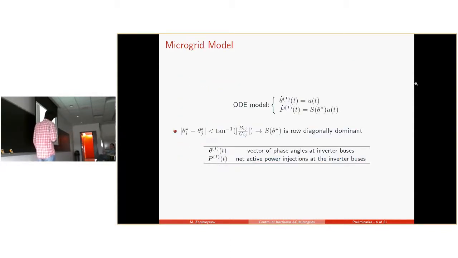So practitioners, when they talk about secondary frequency controllers, treat DERs interfaced with power electronics as controllable voltage sources with adjustable frequency and voltage. This allows us to simplify the microgrid model, and in this case, after linearizing the power flow equations and fixing